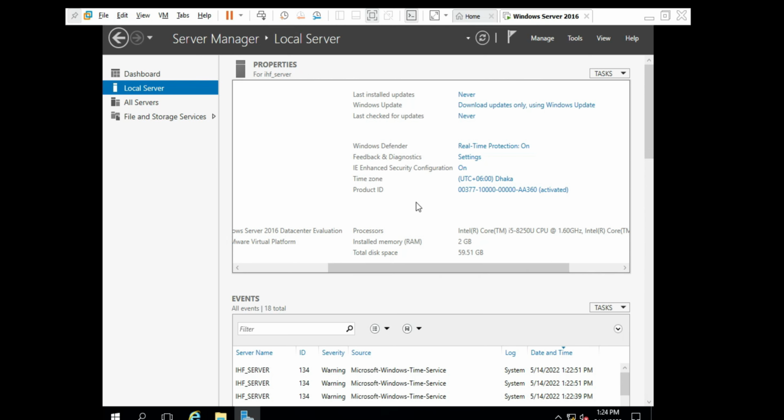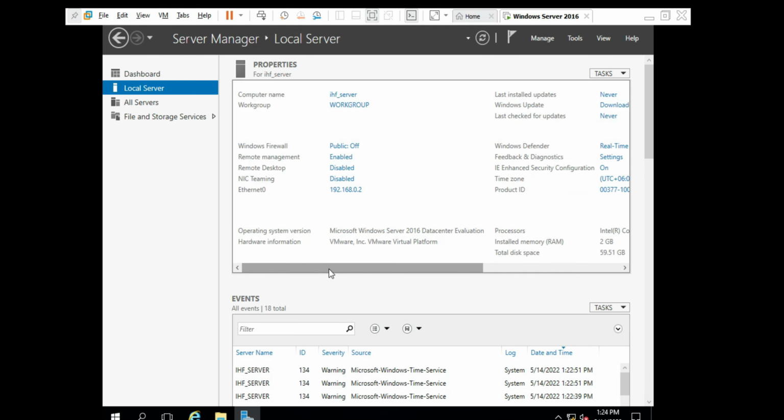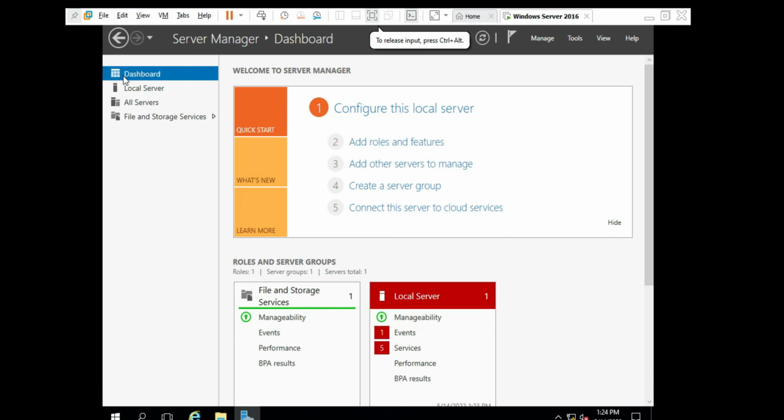Then my other thing is my time zone is done. I did so, guys, this is basically the main part before we install any features or server features in your server. So now I go to my main part, and I install the Active Directory Domain Service in my server to work as a domain controller. So we can go to the dashboard. You can click here to install the server role, or we can go